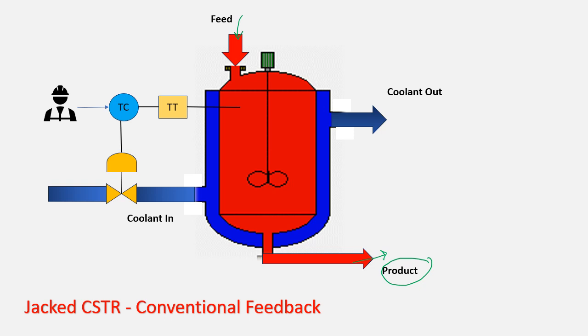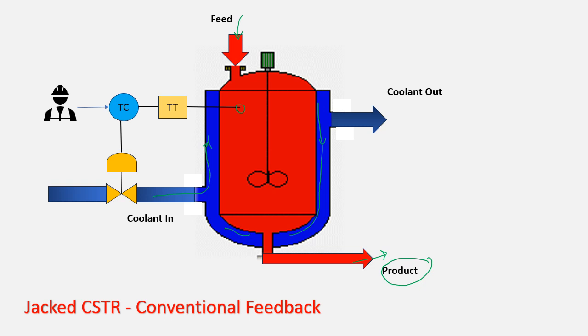And how can we maintain that reactor temperature? This can be done through a coolant. Some coolant is going through here, and it acts as a jacket, cooling the reactor. So this is how the temperature can be controlled. Now for this particular case,